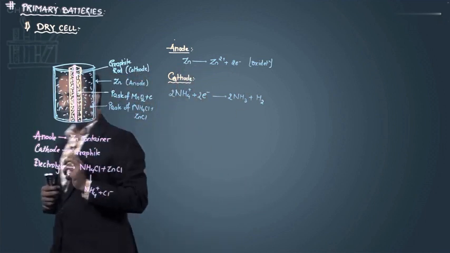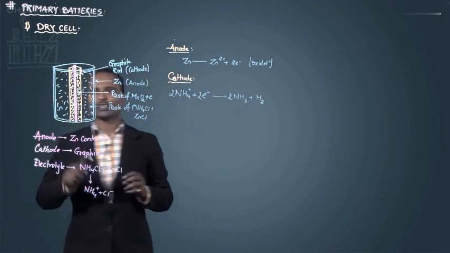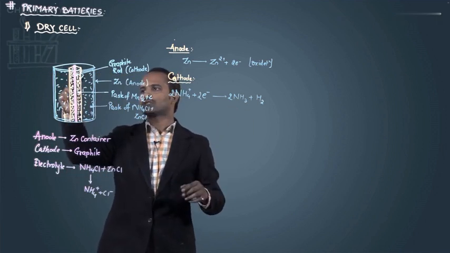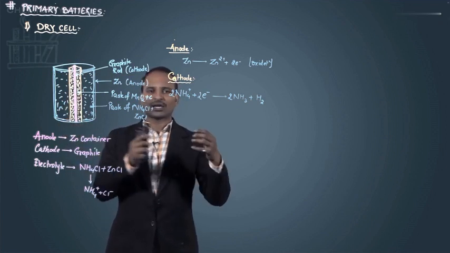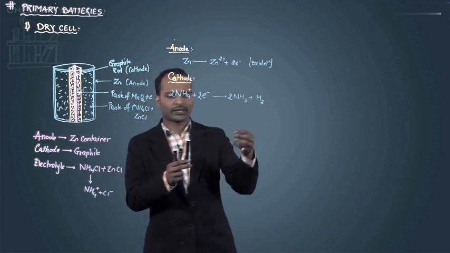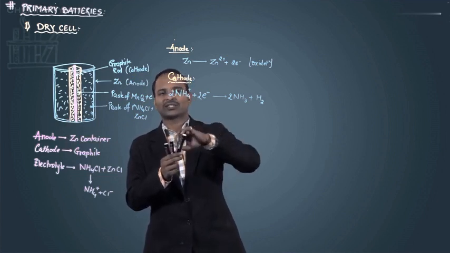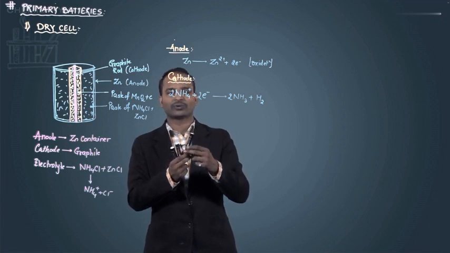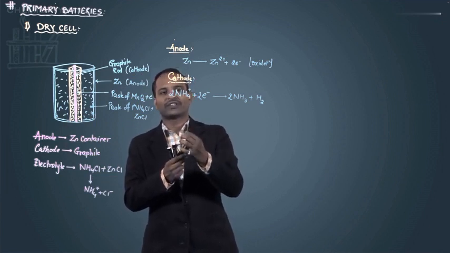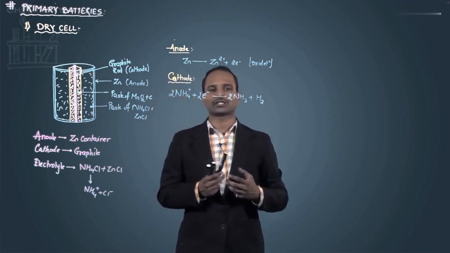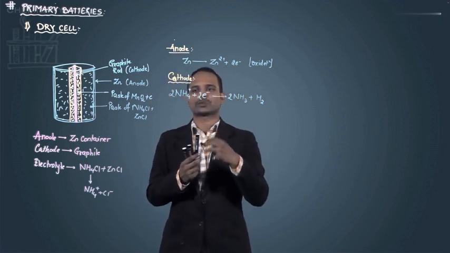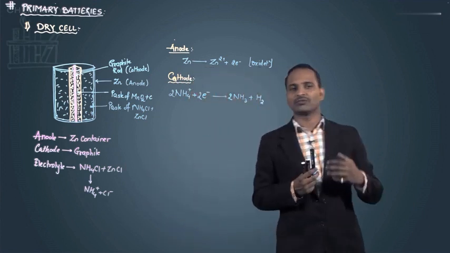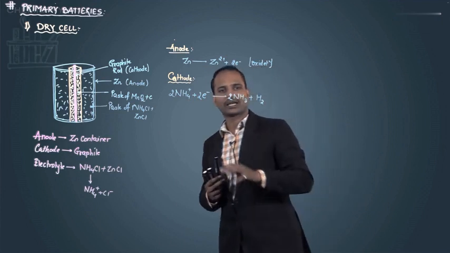Now the production of that hydrogen gas creates a problem for us. The whole reaction is taking place on the surface of the cathode. So the hydrogen gas which is produced there, on the graphite rod, gets stuck on the surface of the cathode. When hydrogen gas starts sticking on the surface of the cathode, the cathode surface area decreases, and since the surface area decreases, the rate of reaction goes on decreasing,